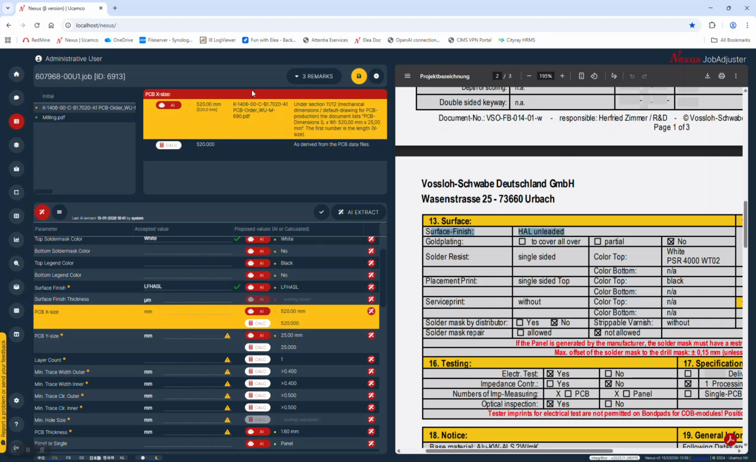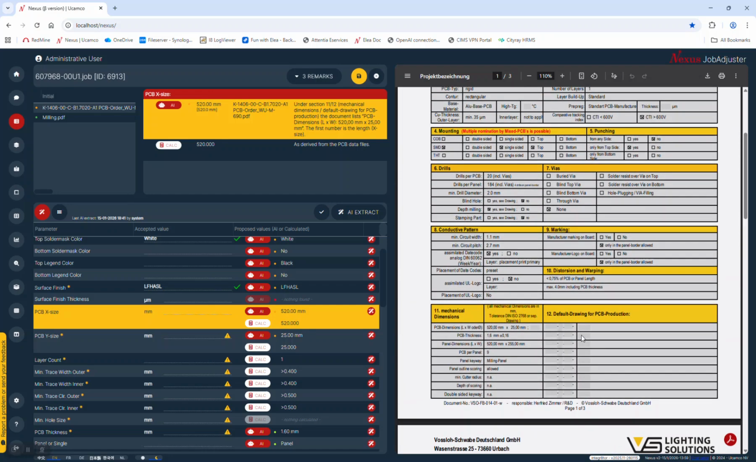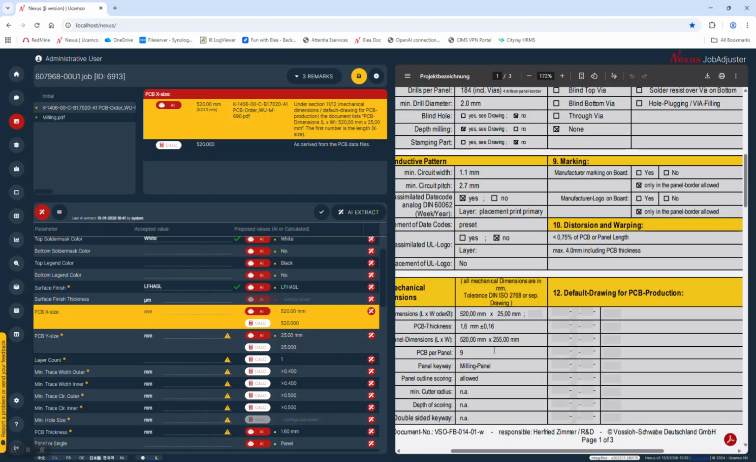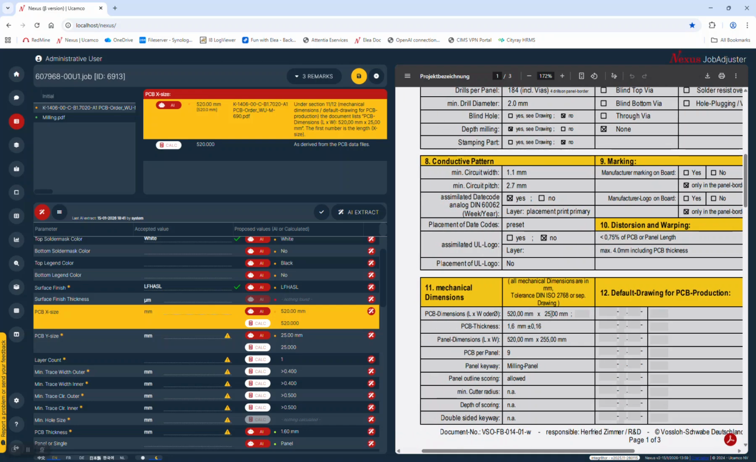If I click on this value, I will get the message here that in the mechanical dimensions, here, this is where it found the PCB dimension for the first one. And of course, the calculated one is derived from the PCB data files, the PCB data files being the Gerbers that have been analyzed as part of the whole process. So this is one of the examples where